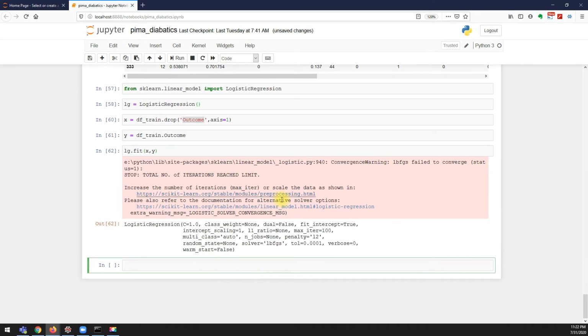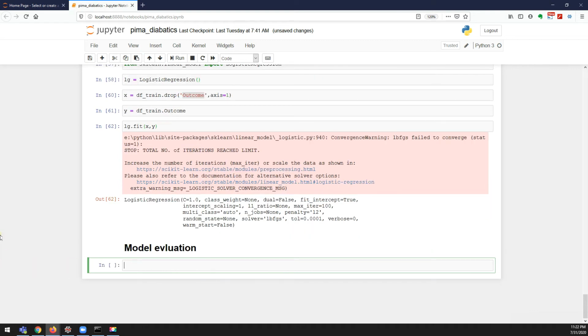Now we'll talk about the model evaluation. What I'll do is import a function called accuracy score, which is under sklearn metrics.